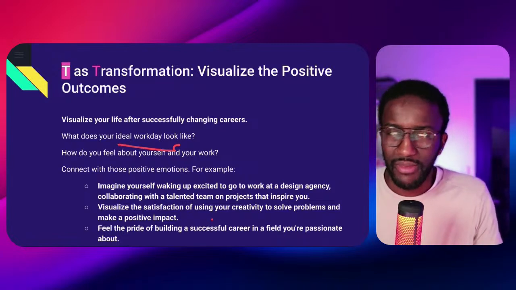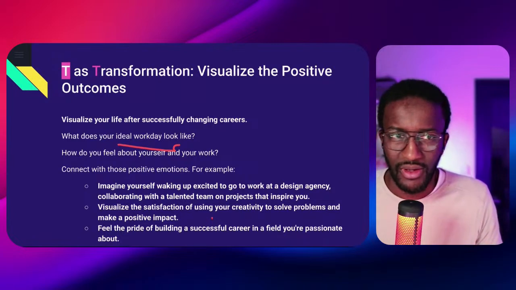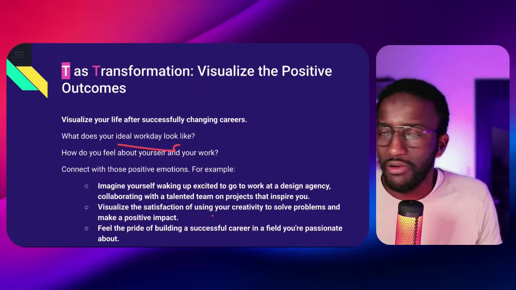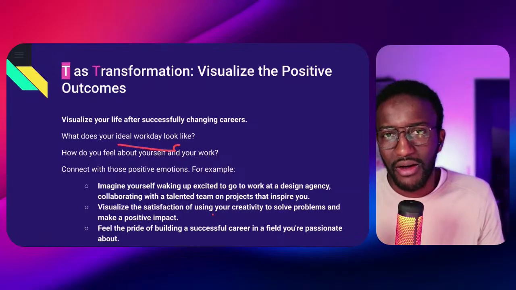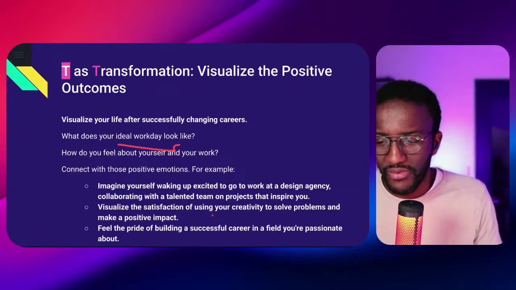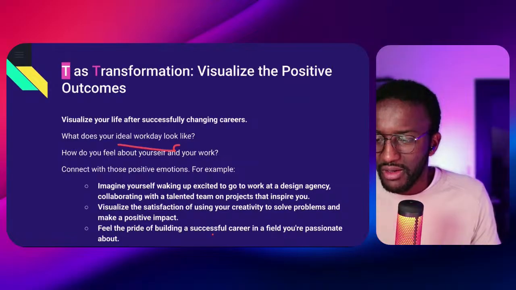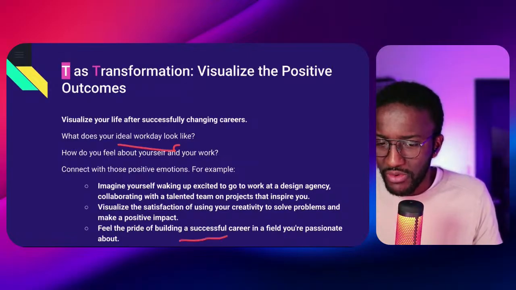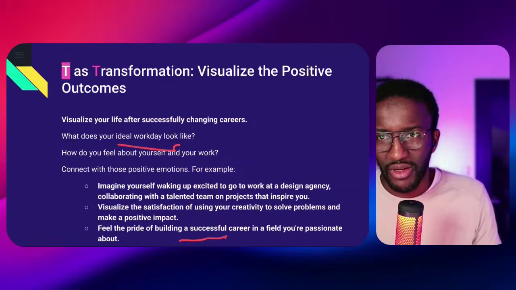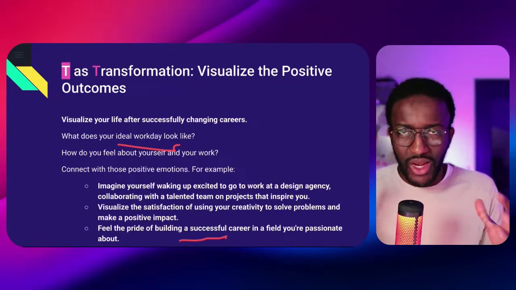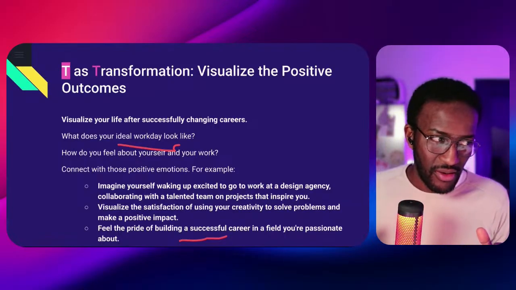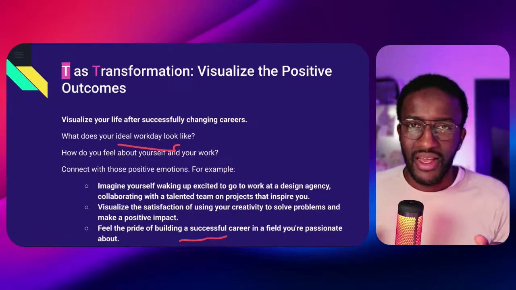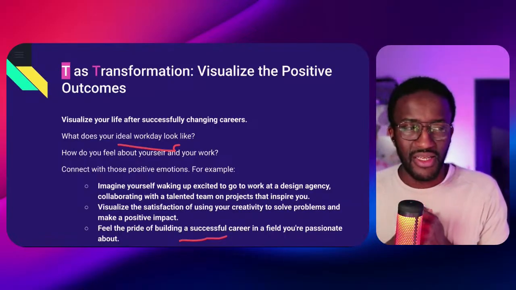I did not spend my whole day in meetings generating PowerPoints or slides. I can have a concrete, tangible example of what I'm doing. Feeling the pride of building a successful career in a field that you are passionate about. So really try to visualize all those emotions, because it is very important.